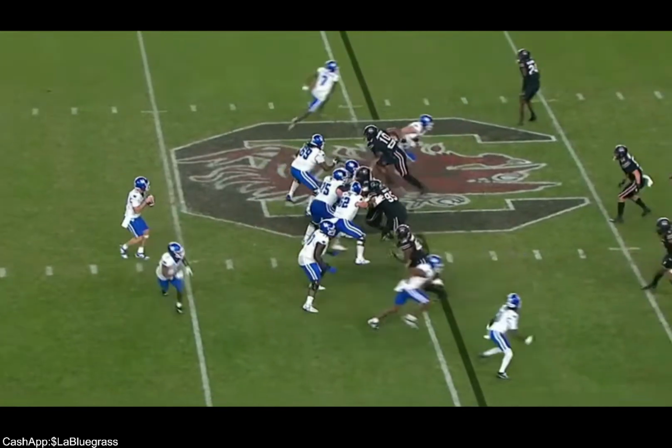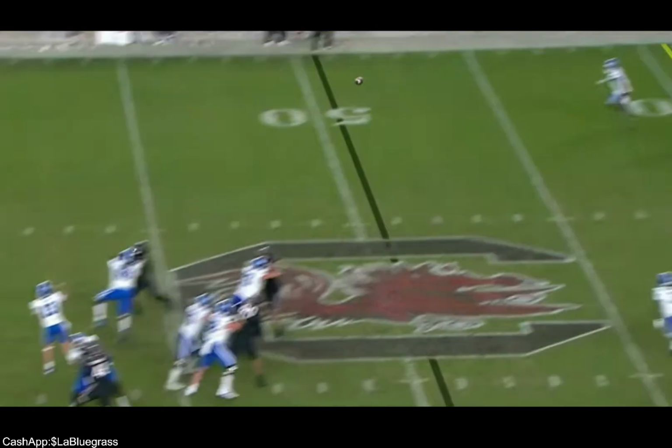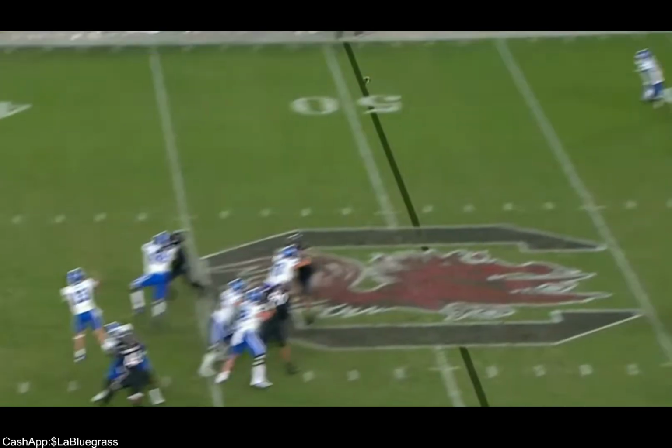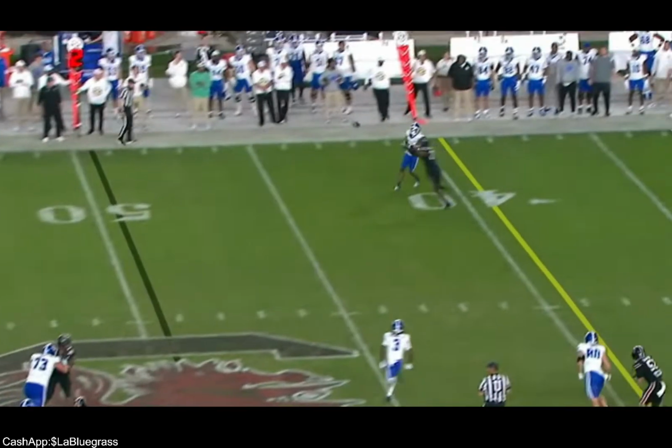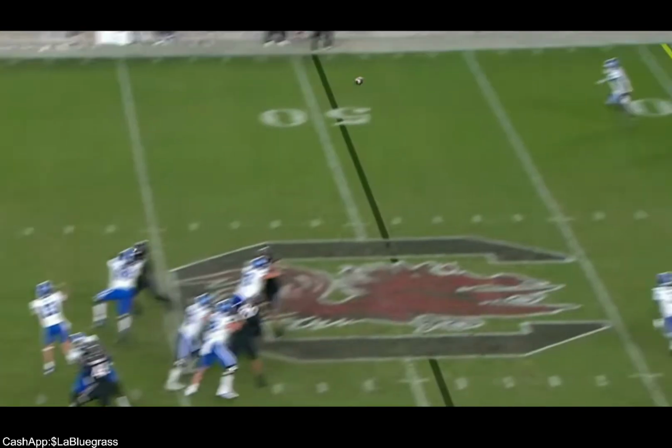This is not a good route. It's man to man. You got him beat. How many times have you seen a good receiver run an out route, then come back to the ball, and then turn back up the field? That's all Barion Brown had to do. He sees the ball and he backpedals.